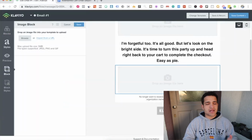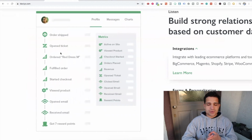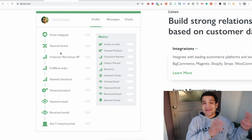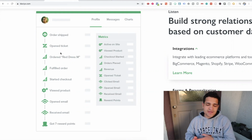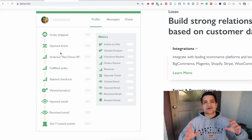With Klaviyo, you can just go to klaviyo.com, set up your email account there, and then you can set up flows just like these right here. Order shipped, open the ticket on Zendesk as well. You can send them a flow if they open a ticket, a customer support request on another app, Zendesk. I'm going to talk about it in just a little bit. Fulfill order, start at checkout, open the email, so you can send them multiple emails, and you can really create